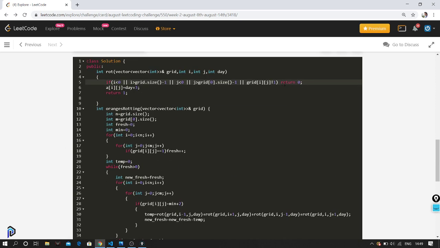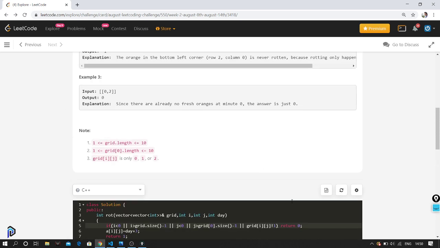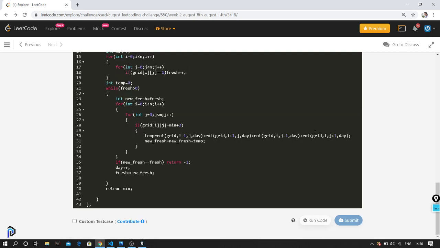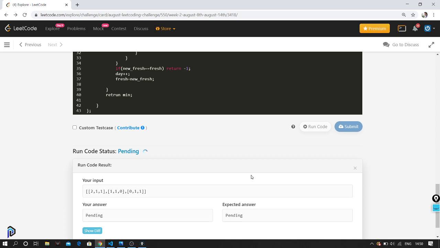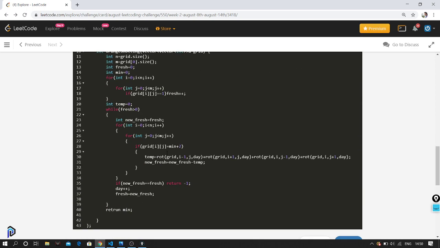Okay, I matched all the parentheses. Not equal to. Small typos here and there.